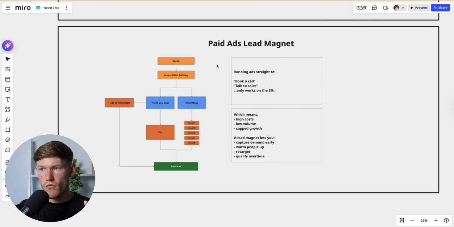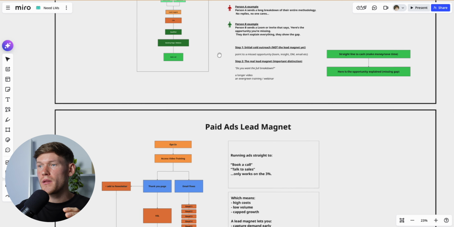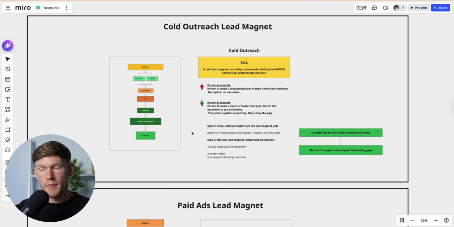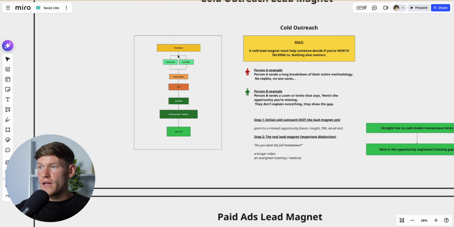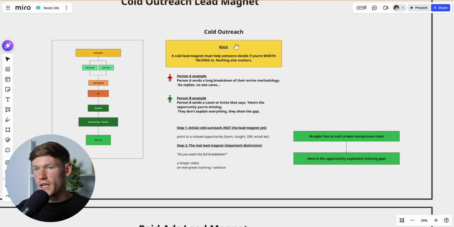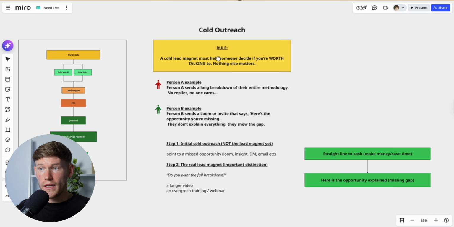But I'm going to walk through. Paid ads is an obvious one. A lot of people run lead magnets through paid ads, but I'm going to be explaining it's quite tricky to do lead magnets with cold outreach, but I'm going to walk through how it would actually work. So the actual flow, well, before I actually get into the flow of actually creating a lead magnet for